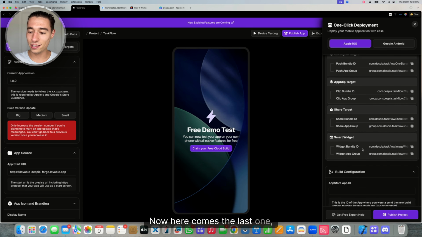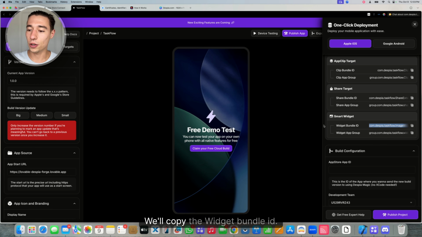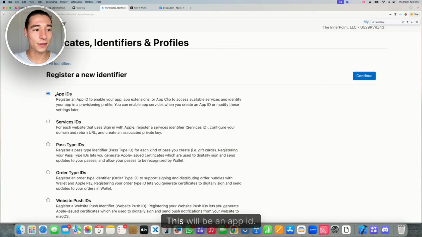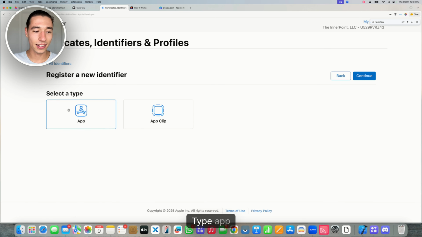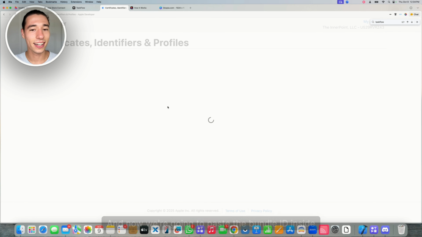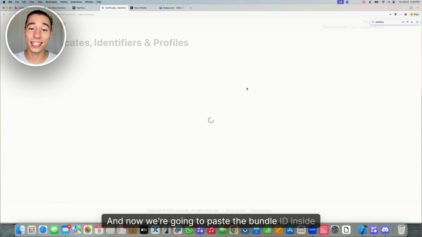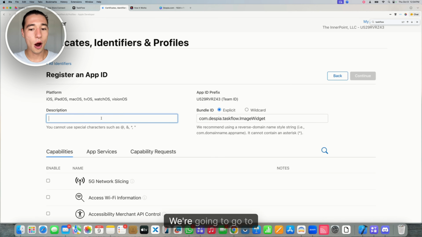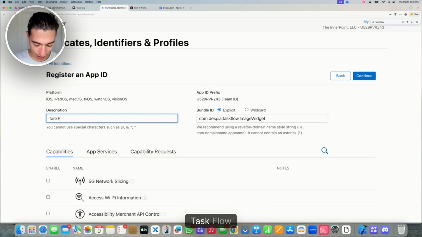Now here comes the last one, the smart widget. We'll copy the widget bundle ID. We're going to go to the Apple Developer Console again. We're going to add a new identifier. This will be an app ID. We're going to go on continue, type app, continue. And now we're going to paste the bundle ID inside of the field. Just like this. We're going to go to task flow,